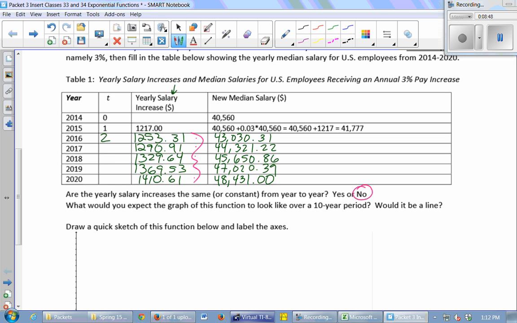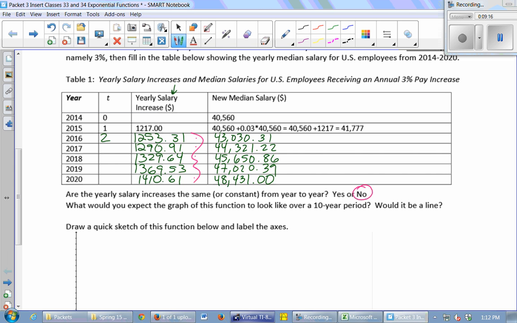So what would I expect the graph of this function to look like over 10 years? Would it be a line? No. Why is it not a line? In a line, these would have to all be the same. This would represent the slope, right? The amount of change over 1 year would have to be constant. Each year would have to be constant. That's what slope is. But now, over each year, the amount of my raise is jumping by more and more